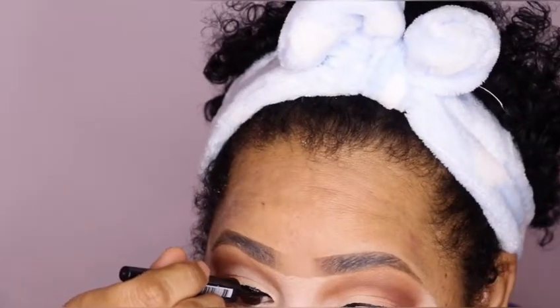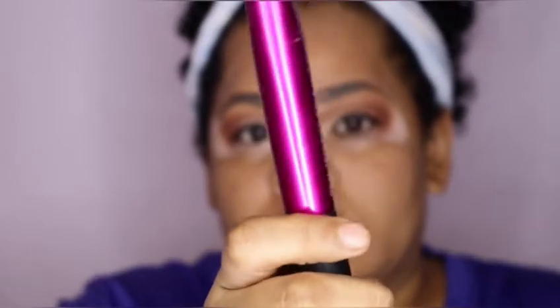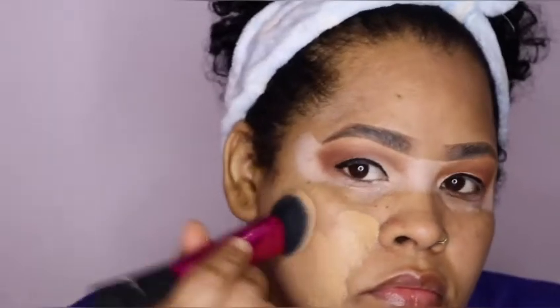While I'm doing my face, this is the happy dance, so I'm very happy with how it came out. I am going into my foundation using MAC, and I will be using a Real Techniques foundation brush to blend out my foundation. I am stippling the foundation into my face, around my face,